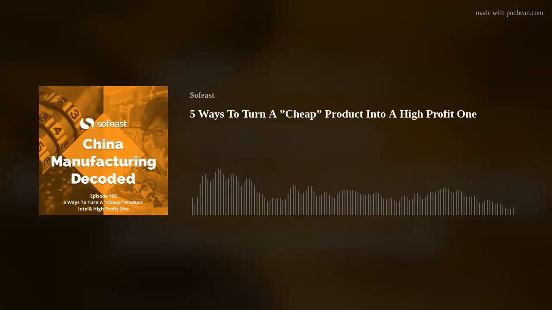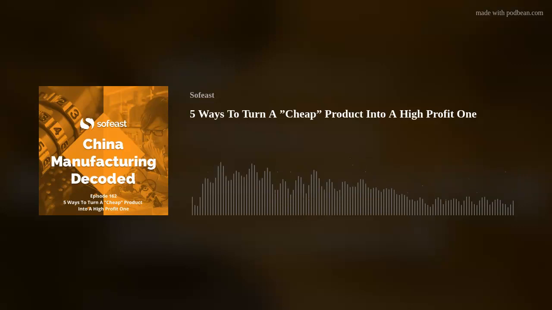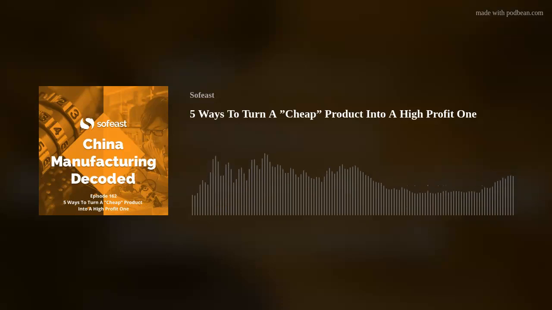So we're going to be going through how you take a cheap product and turn it into one that's actually high profit. So it's a kind of manufacturing alchemy, right? It really is. I think this is going to be a very interesting and exciting topic for many of our young or curious entrepreneurs who wish they could take a small product and somehow sell it for a bigger price and make a